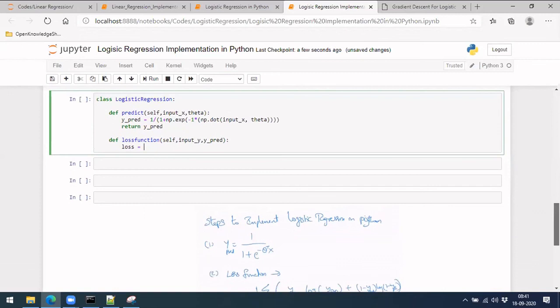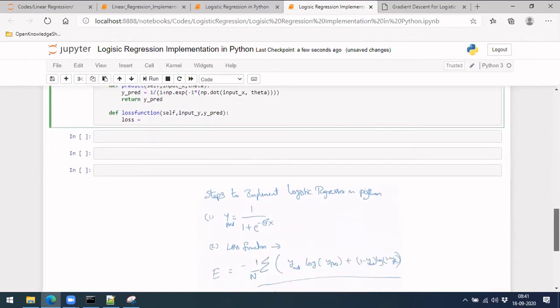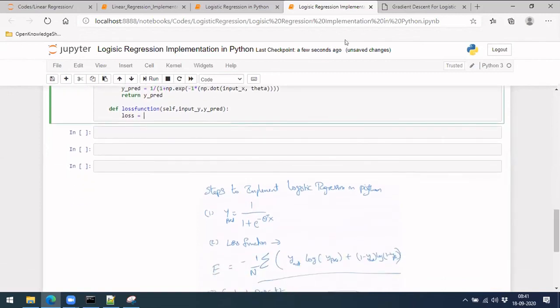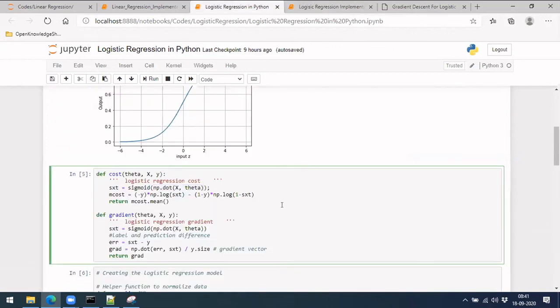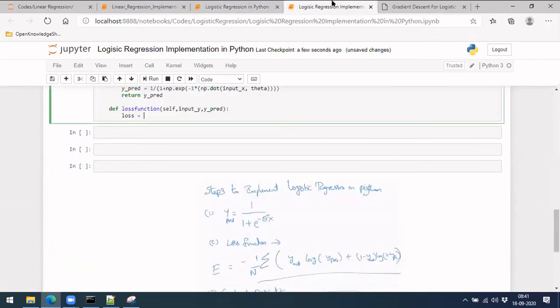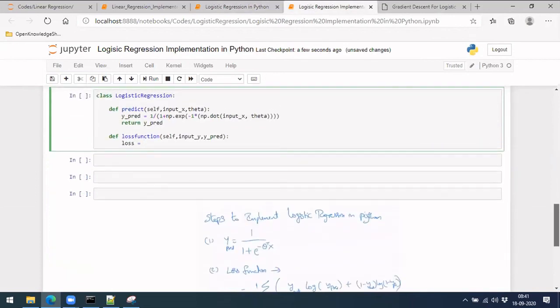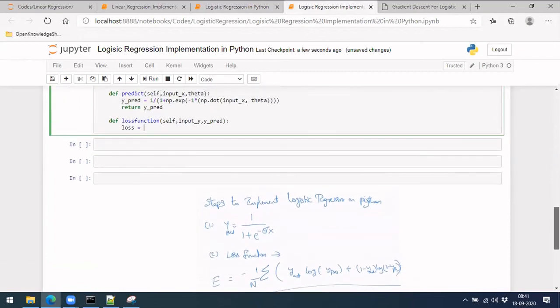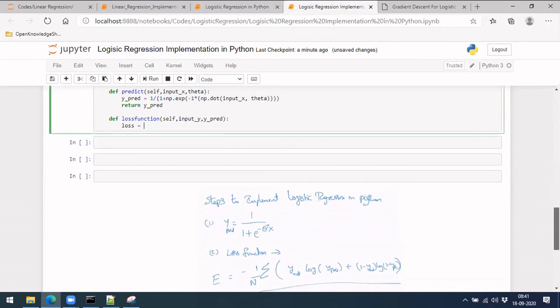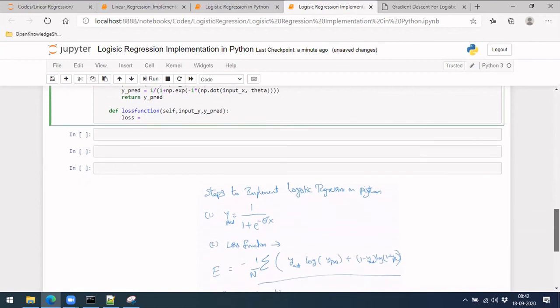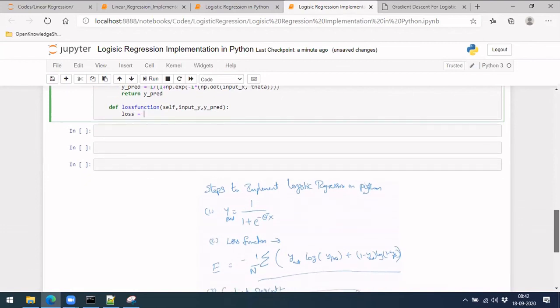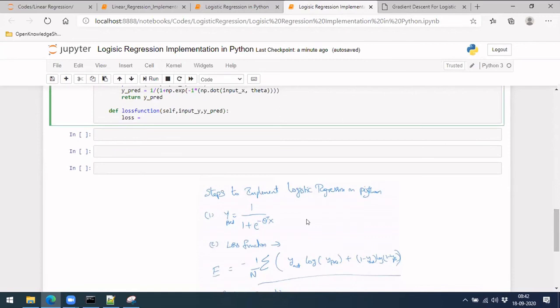But I have seen in many implementations, I'm quite surprised to see this, that most of the cost functions are using this. I saw a few articles yesterday while going through the material available online. In a few of the implementations they did not go for this log. They are just doing y actual into y predict. But let's stick to the formula we are using here and use it.